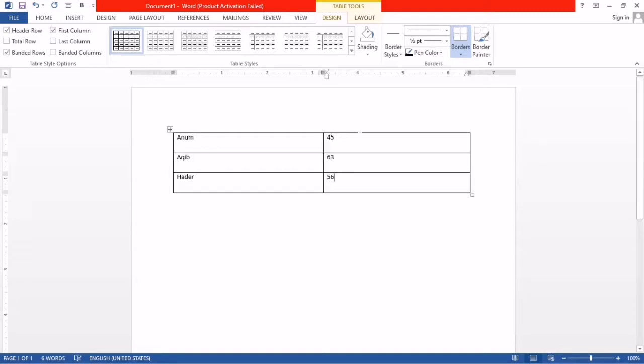Now you learned before that we can increase or decrease the size of the table by moving this, or you can move from this center, okay, or you can move from this side. When this sign appears, then you can move like this one, okay.